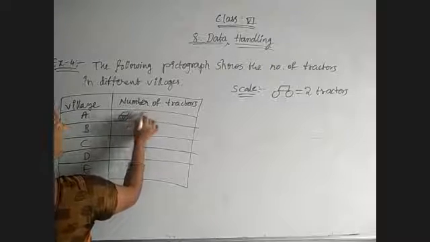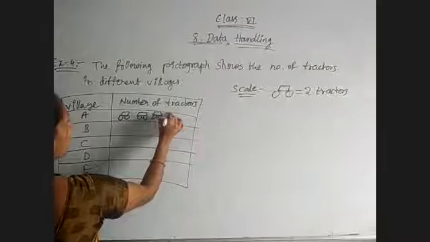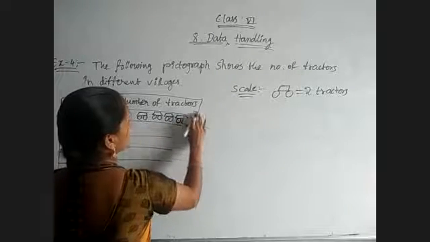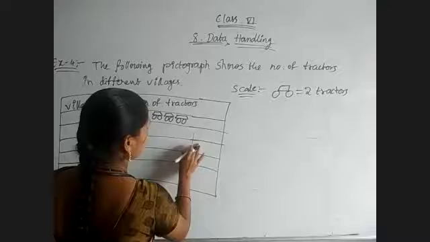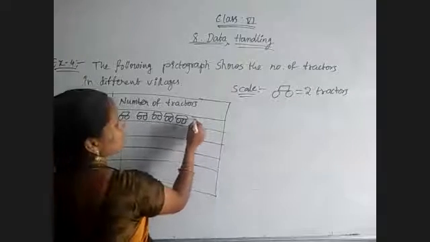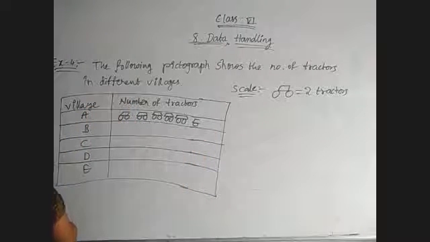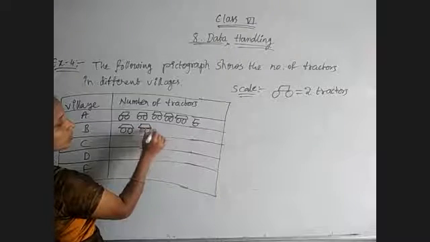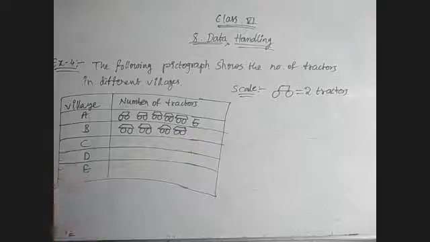symbols, and it is given only half. Next, B has 1, 2, 3, 4 completely. Next 1, 2, 3, 4, 5, 6, 7, 8